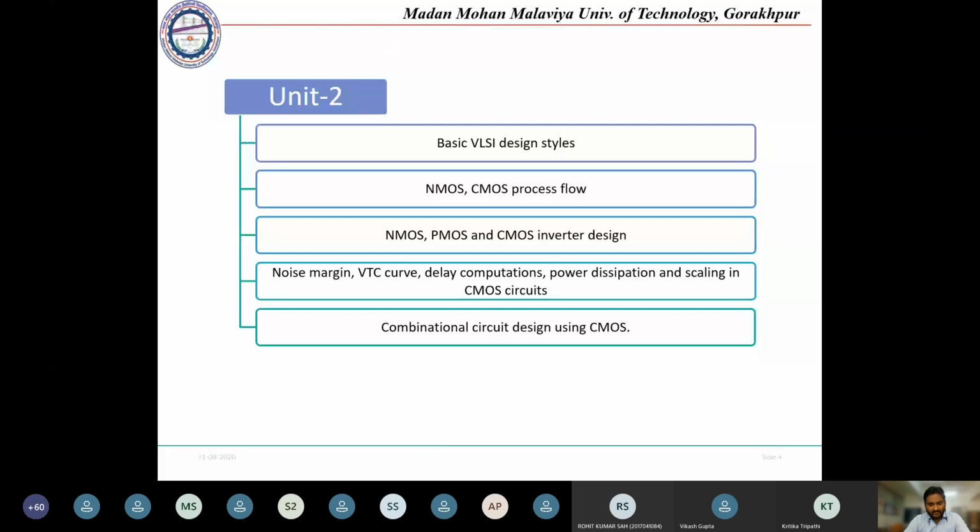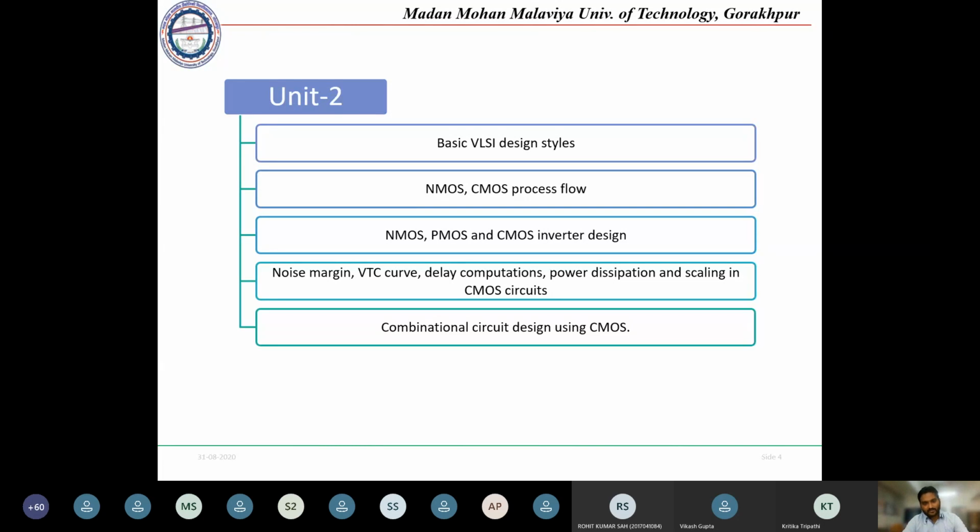Once we have designed the CMOS or NMOS, that means we have designed and fabricated the transistors. We can use that transistor to design circuits. Okay, so here we are basically studying how we can design a VLSI circuit or any digital circuit. So here basically is circuit designing. Once we are going for circuit designing, we will start with device fabrication. Once we have fabricated the device, we will use that device for designing circuits.